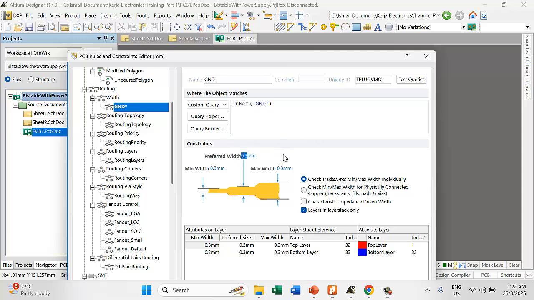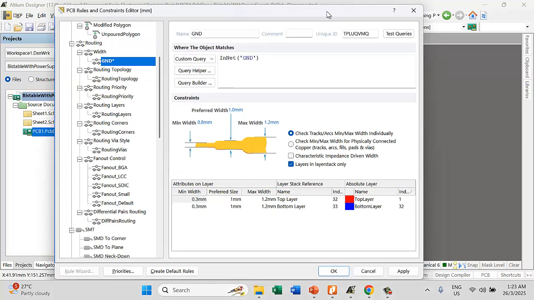Normally we select the wider width for ground. You can set this one to 1.0, up to you. But if you route manually, you can change it from minimum to maximum. So maybe this one you want to set to 0.8, right? Click accept, or